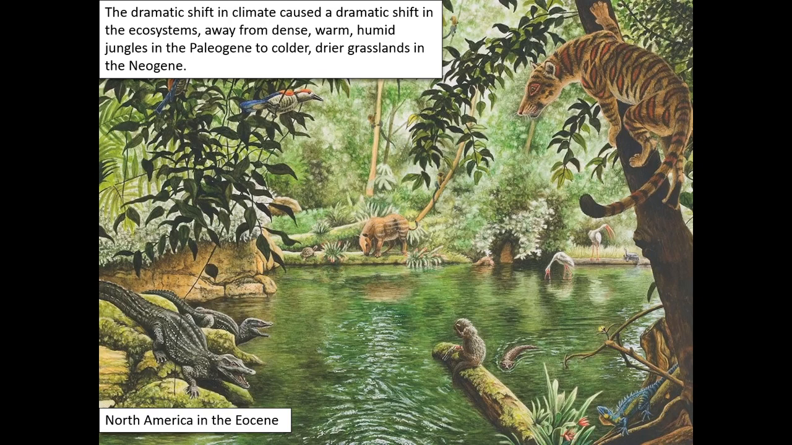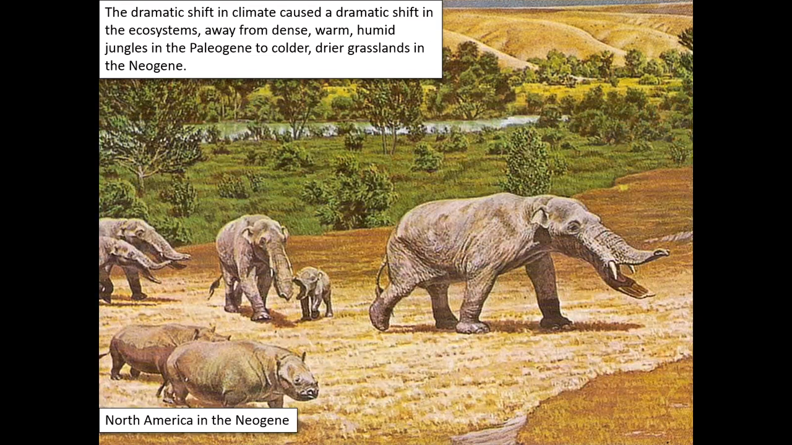So dramatic shifts in climate cause dramatic shifts in the ecosystems, right? You're going to move away from dense, warm, humid jungles in the Paleogene, in the Paleocene, in the Eocene, when you have the global maximum temperature. And we're going to start shifting to drier grasslands during this time. So as we go from the Paleogene into the Neogene, we're going to see that grass is really taking over. Grass does very well in drier